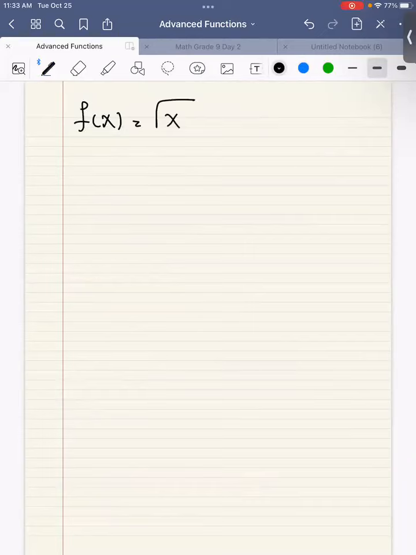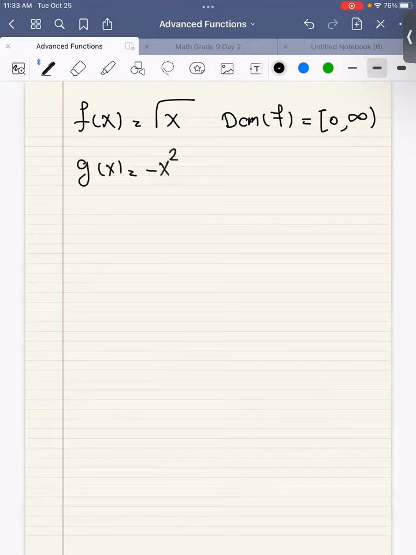Here, there are some restrictions. We know that the domain of f is the set of numbers greater than or equal to 0. So if you have g of x equal to minus x squared minus 4,